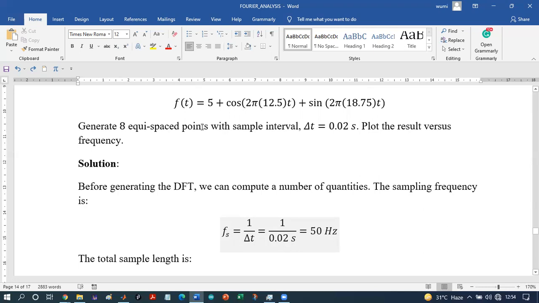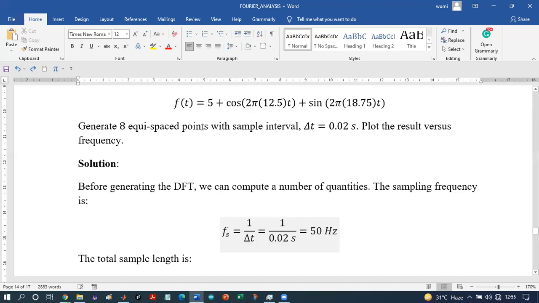So n is equal to 8. If n is equal to 8, it will start from 0 and end at 7. It's not ending at 8 because you are starting from 0. If you count all of this, it's equal to 8. So the question is saying you should generate 8 equispaced points,